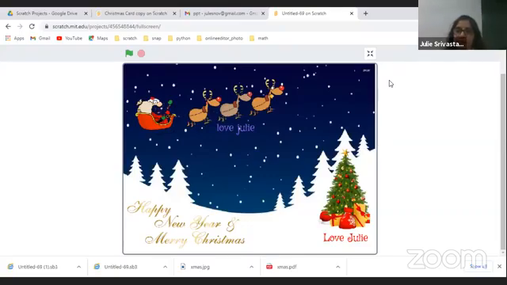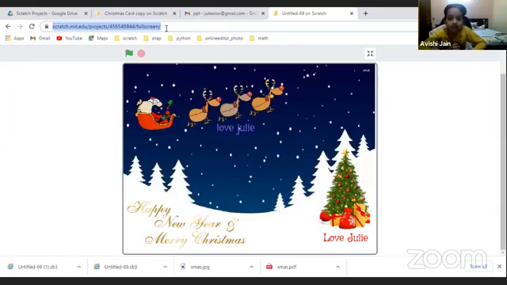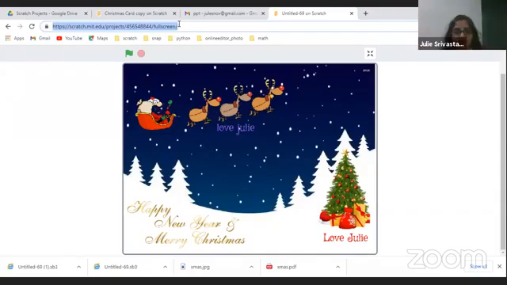Or you can send the link and tell them to open it on Scratch. You see the link on top here. You can copy that link with Control C, or right click and copy it, and then paste it and send it in WhatsApp to your friends, or maybe message it.